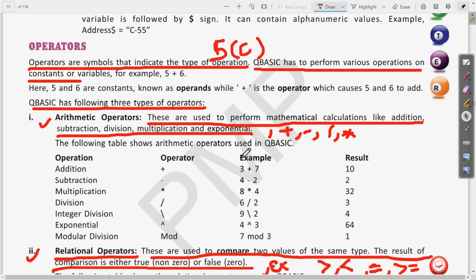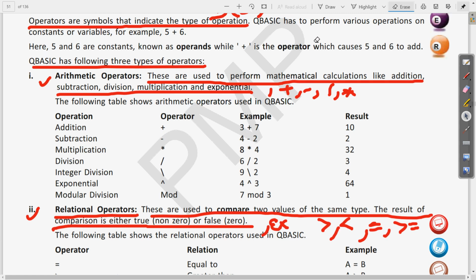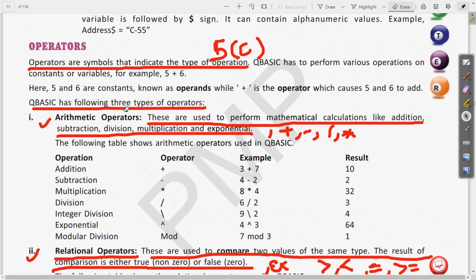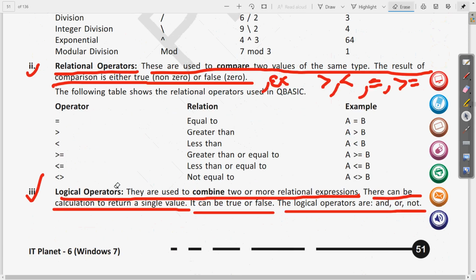So if you have not written, note it down. First we have to write the definition of operator. Only the first sentence can also be written. If you don't want to write the second sentence, write the first sentence only, that operators are symbols that indicate the type of operation. Then QBasic has the following three types of operators: arithmetic, relational and logical.